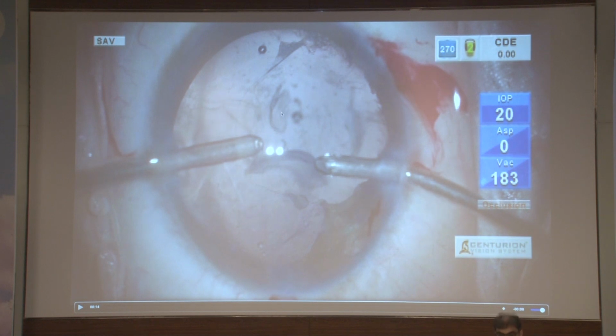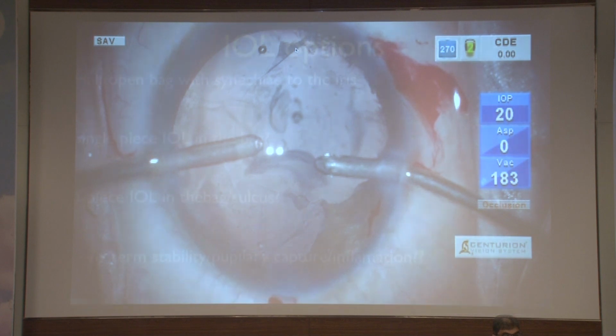and the most logical thing would be to go ahead and place a single piece IOL or a 3-piece IOL in the bag. But the problem that we have quite often seen in long-term follow-up of these patients is that many of them do very badly with post-operative inflammation. And therefore synechiae formation, optic capture occurring with the iris, and so on and so forth. So we thought if there's something that we can think of doing more to try and prevent the post-operative complications in such eyes,